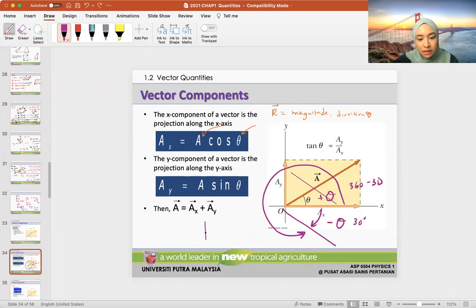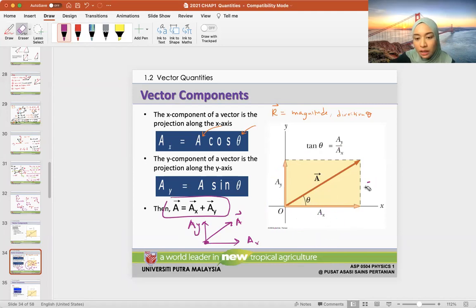I'm supposed to make this A like this. Okay. A and B gives me the resultant, which in this case is basically the A vector. Okay, AX and AY. So it's the tail-to-tail method basically, and it gives us this equation. And then what else? Okay, so another way of finding,